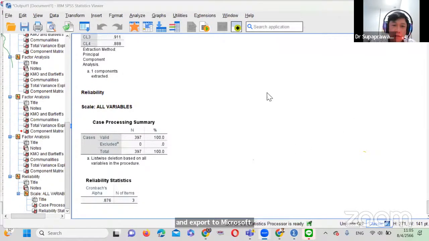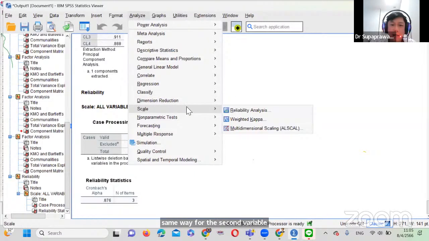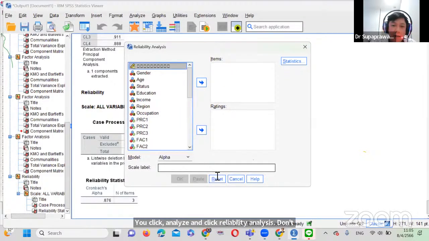When you finish the first variable, you do the same way for the second variable. You click Analyze and click Reliability Analysis. Don't forget to reset it. And the second variable is facility. 2, 3, 4, comprised of 4. And you click OK. This is the Cronbach's alpha of the second variable. Its name is facilities. And you can see the number of items is 4